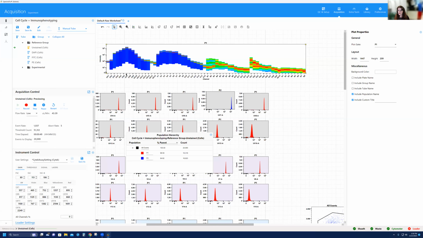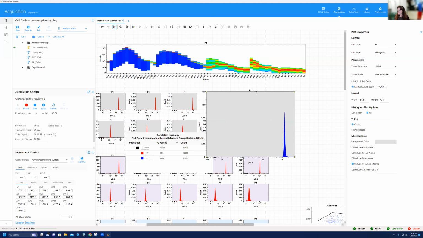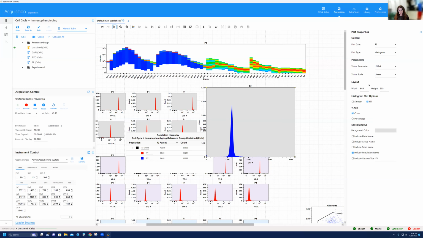So you can see for UV, it's the brightest on our UV7 detector. So what I'm going to do here is make this histogram nice and big so that we could all see it. And in the properties, I'm going to change the x-axis scale from bi-exponential to linear. Then at this point, I'm going to see if we need to reduce the detector gains for UV. To bring the UV a little bit lower, we can enter a negative value and try that out. So if I enter -50 and hit enter and refresh,